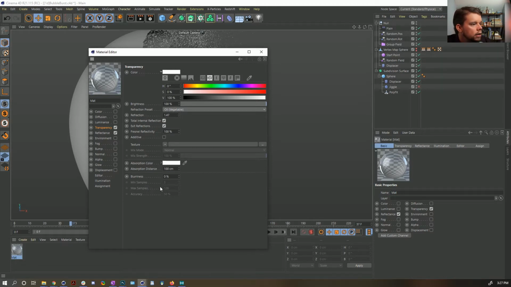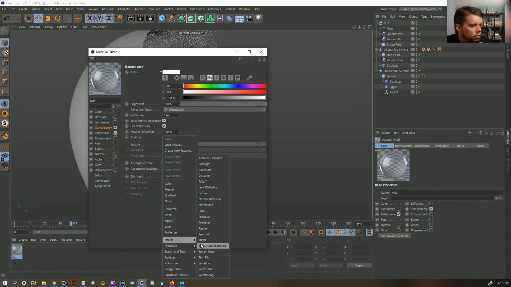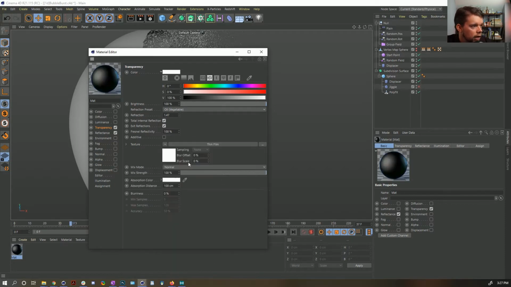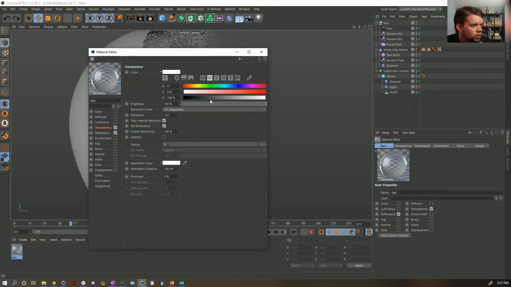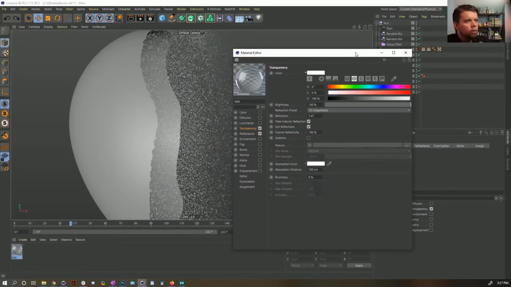Yeah, we don't want additive. What we do want would be thin walled, but is there no thin walled in Cinema? I've been doing so little rendering that I've actually kind of forgotten that. So maybe adding thickness in there would be appropriate,